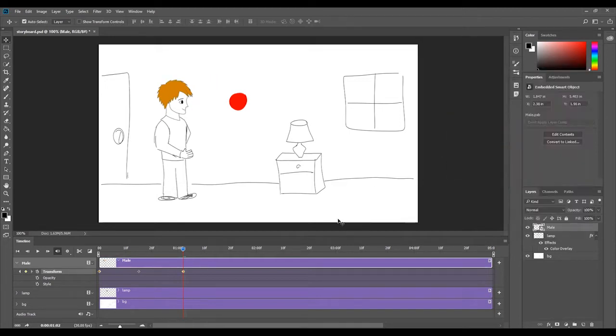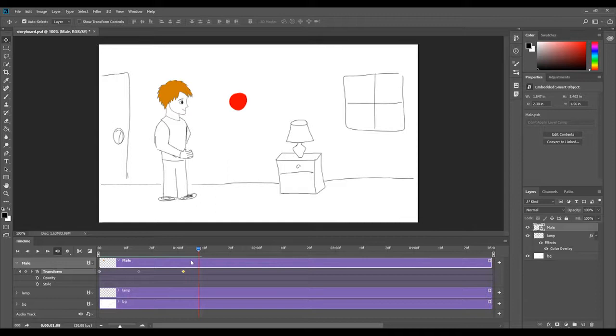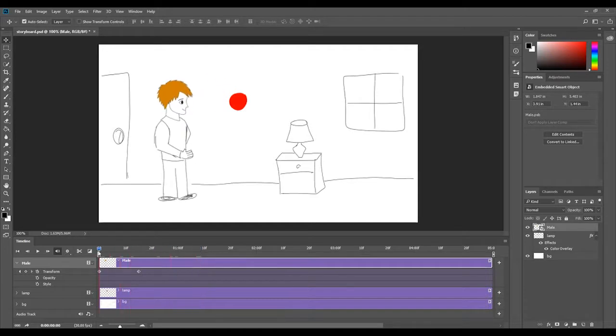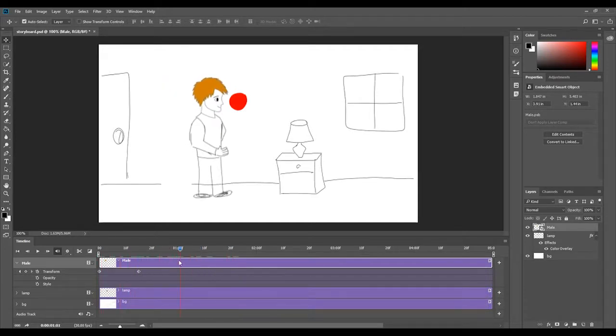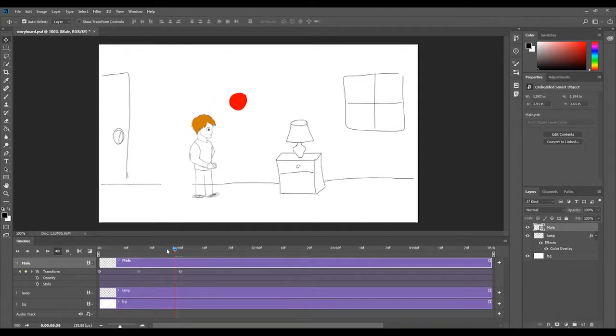What it does is start at his start point and go back to the same position. If you don't want this, select it and press delete. So we have basically deleted this keyframe. Now I want to scale him down, so I can again press Control T, scale him down and press enter. So now I get another keyframe,